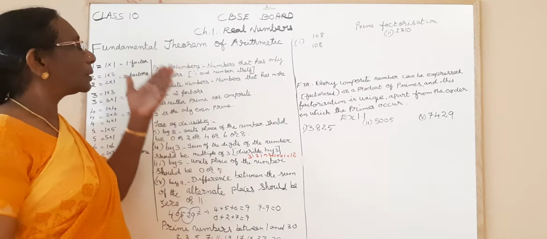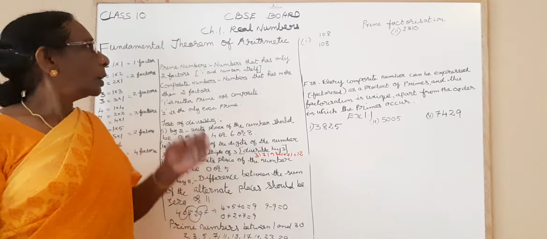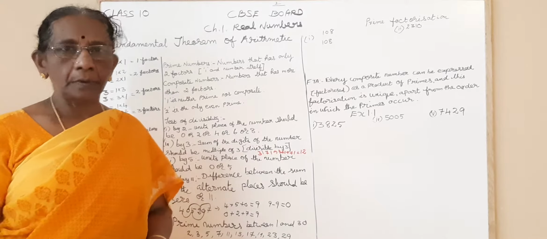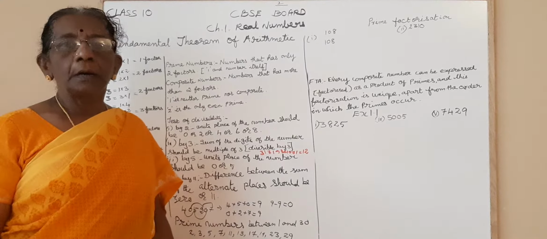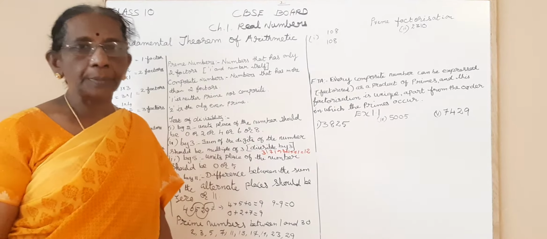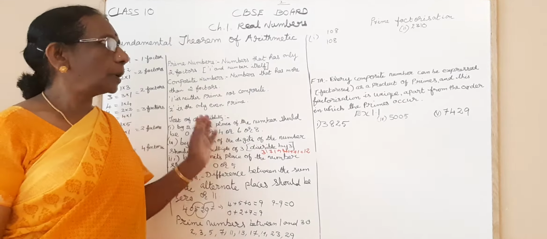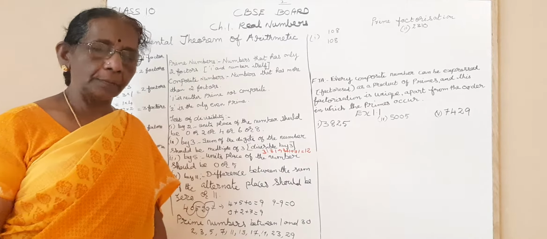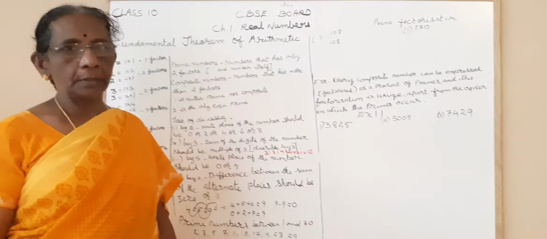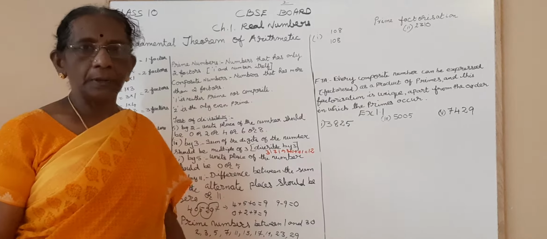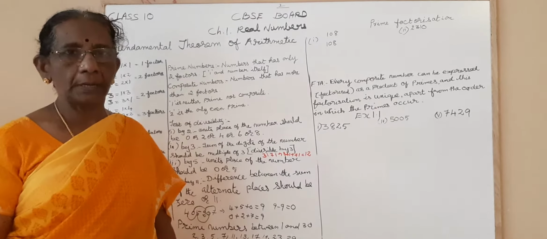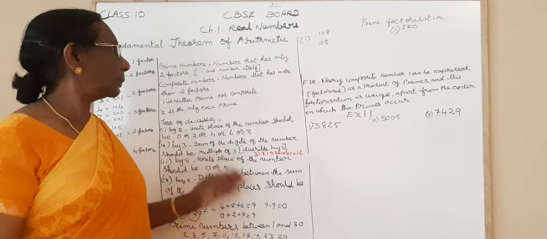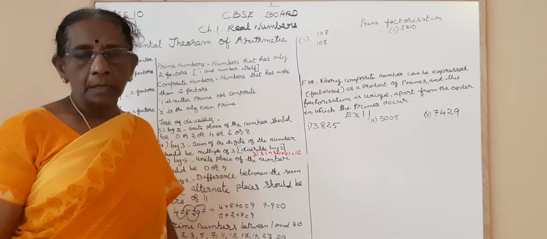So before moving to the fundamental theorem of arithmetic, let us have a recap about prime numbers. Now let us go to our earlier classes where you have studied the prime numbers, because it is full of prime factorization. Unless you are thorough with the prime numbers, you won't be able to understand. You will feel some difficulty in solving these sums. Okay, so first let us have a recap about the primes, and then we'll move to the FTA.